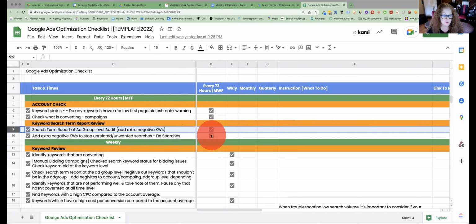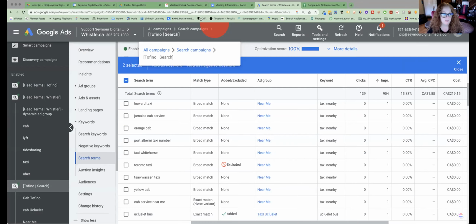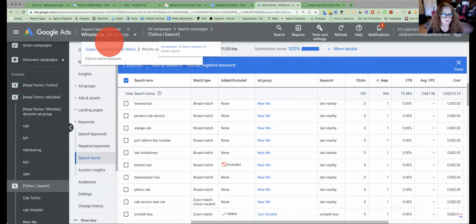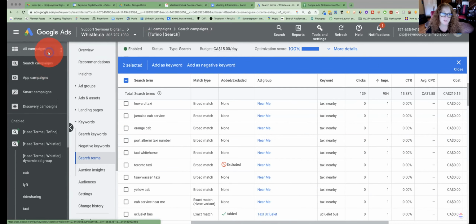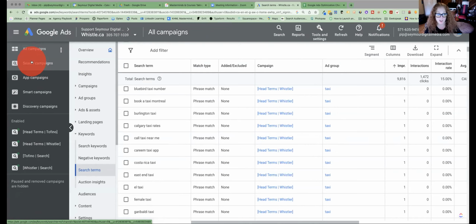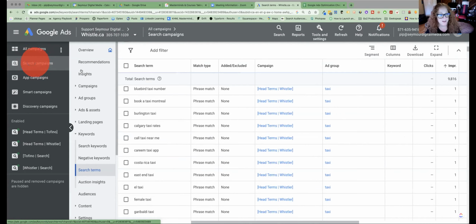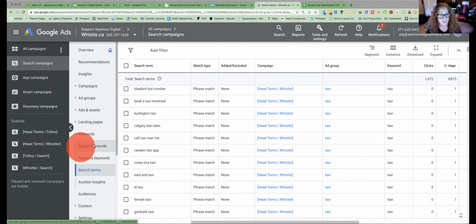So we just did those two things. Then weekly, you're going to go and do a keyword review. So identify keywords that are converting. How would we do that? We would go over to our campaign, all campaigns. We're dealing with keywords, so that generally means search campaigns, right? We are going back up to the search keyword,